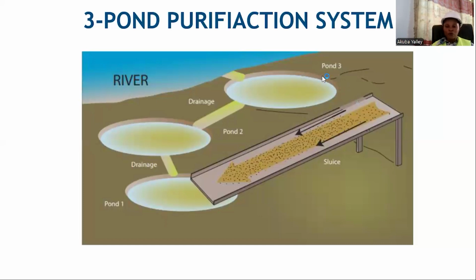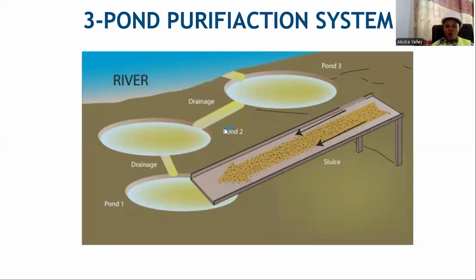So it's more or less like a closed loop circuit. The water is pumped from pond 3 to be reused in the processing or could be reused in the mining operations. So at any point in time, there's prevention of the water moving from the mine into the natural water bodies. The advantages of this system are, one, the natural water bodies are kept clean because effluents are not being discharged into the water bodies.